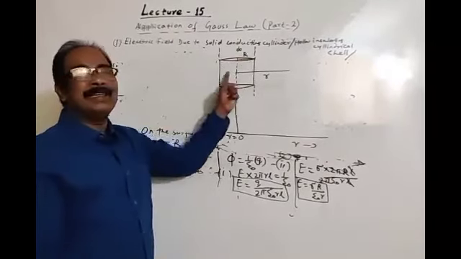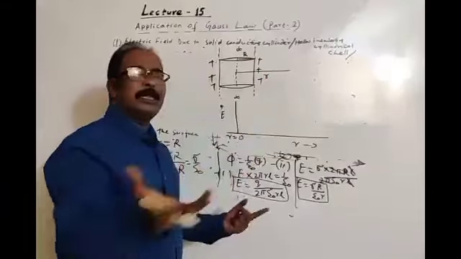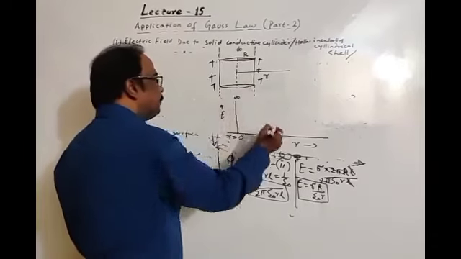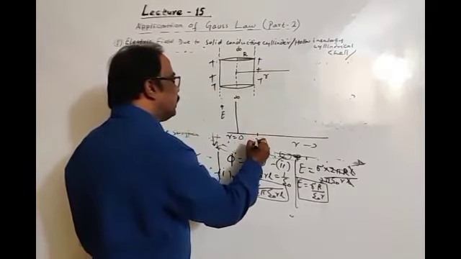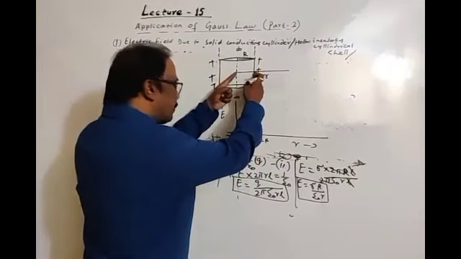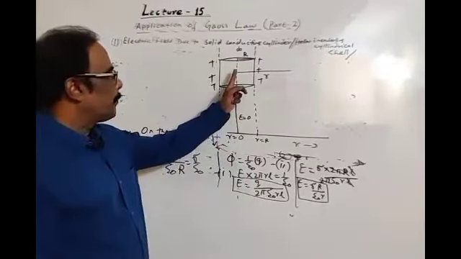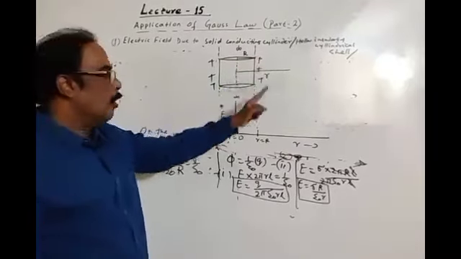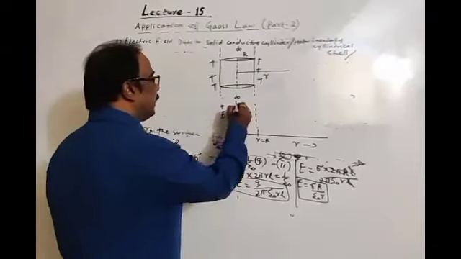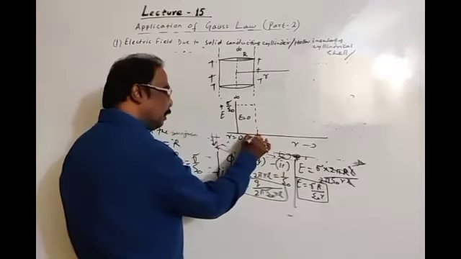Okay. Inside the cylinder, charge is distributed on the surface. Inside the cylinder, there is no electric field. So the electric field is 0 on the axis of the cylinder. On the surface, r is equal to capital R. From the axis to the surface, there is no electric field. Electric field inside is 0, from the axis to a distance capital R. On the surface, we got electric field is sigma divided by epsilon naught. This is the formula, sigma divided by epsilon naught on the surface.